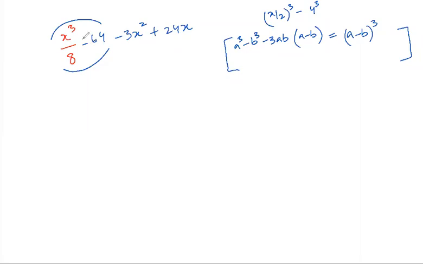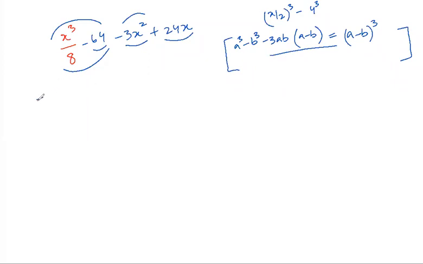So basically from these two terms we can guess that this is a cube minus b cube, right? Because the second term doesn't have x, obviously we can guess that the second term is a constant term. So 3x squared and then this is 24x. So basically it is this identity. How do we do it?